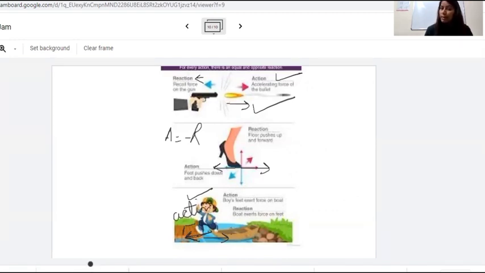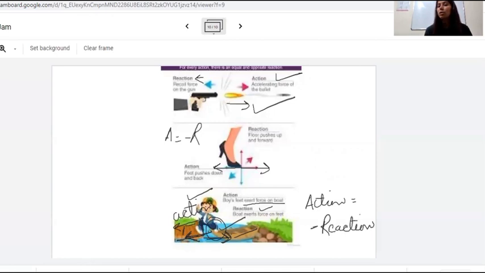But in turn, what happened when he pushes back the boat with his other foot? He did some reaction on the boat. So action takes place in the forward direction and reaction takes place in the backward direction. We can say the boy exerts some force on the seashore corner, and in turn the reaction force is exerted by his feet on the boat. So from here we can say that action is always equal and opposite to the reaction force.